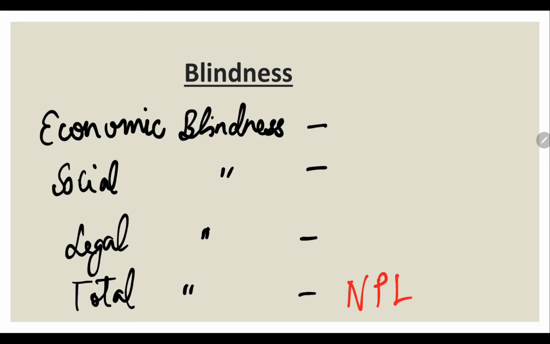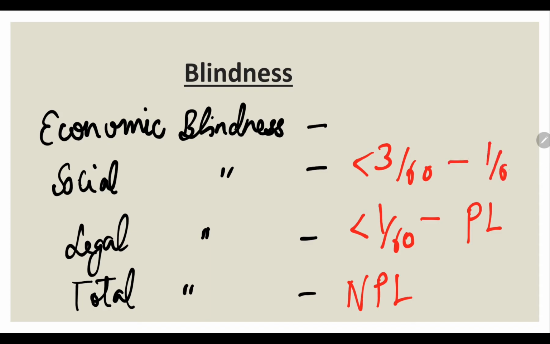Legal blindness, we know legally is 1/60, and thereby is blindness less than 1/60 to perception of light. Social blindness, the moment we remember social science, one thing comes to mind is MAP, right? In every social science exam you take MAP, thereby MAP is 3 letters, so it is 3/60. It is blindness less than 3/60 to 1/60.